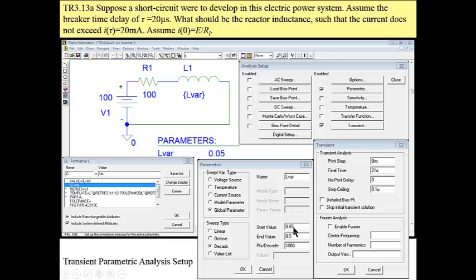Let us assume that this value is between 50 milliamp, sorry, and 500 milliamp. For the accuracy of calculations, let us assume 1000 points per decade. Then we have to save all this data and press